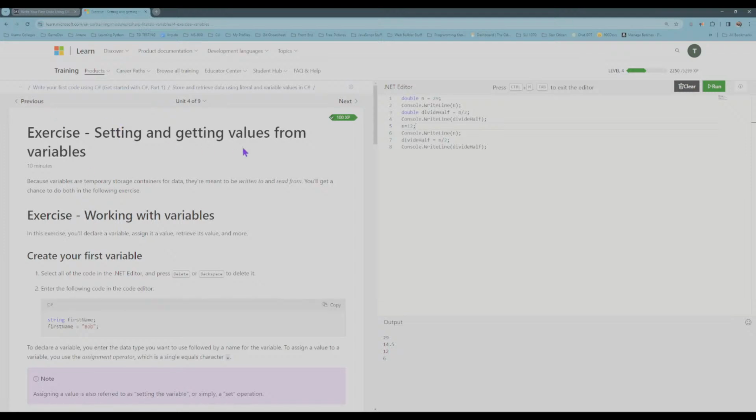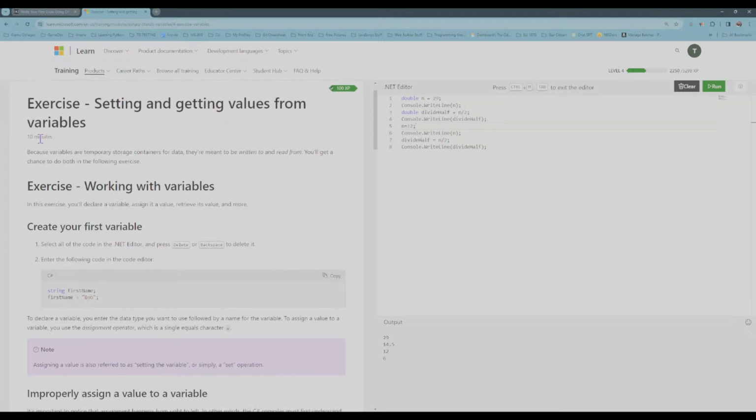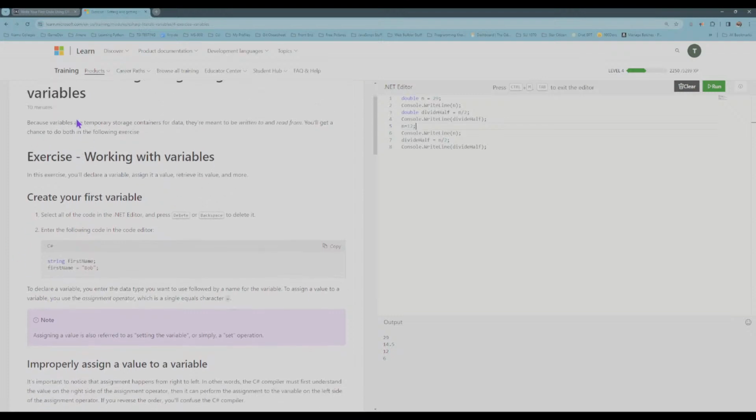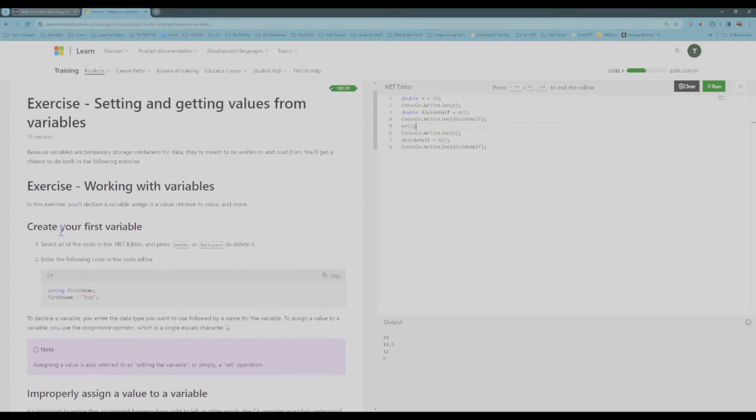So exercise. Now we're going to do setting and getting values from variables. We're going to be working with variables, and we're going to clear everything that we just wrote in here. And we're going to enter the following code. Oh, sorry, I'm so used to this being like calling the string class, right? We don't want to do that. We want to just create a type of string, first name, equals